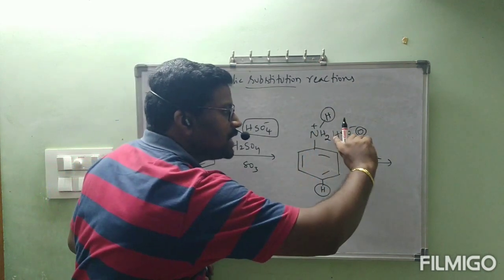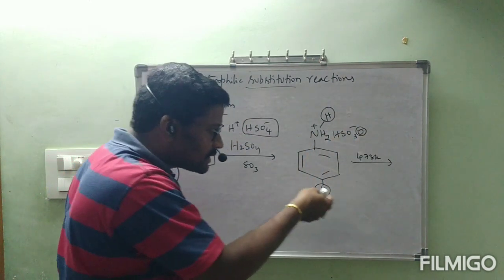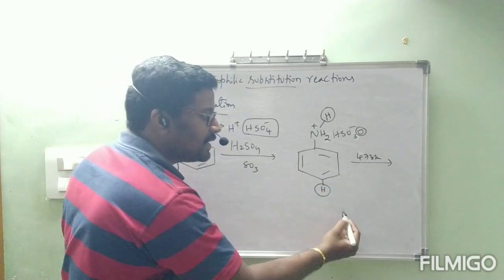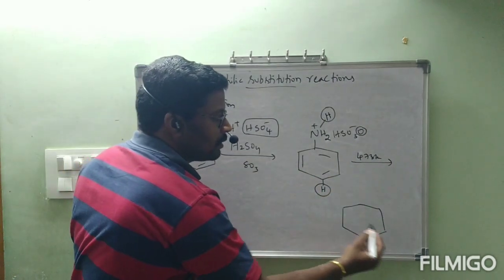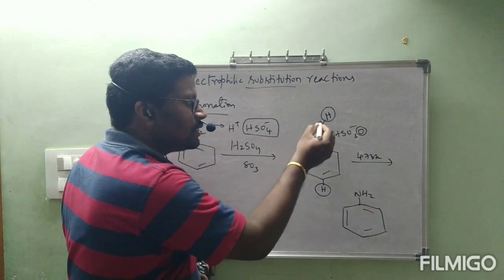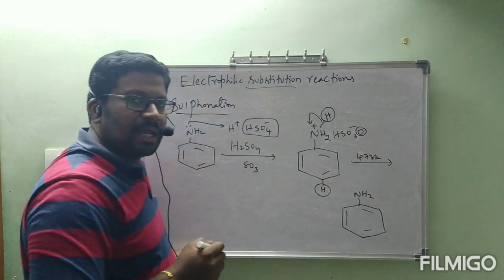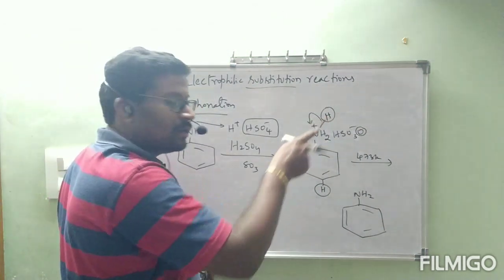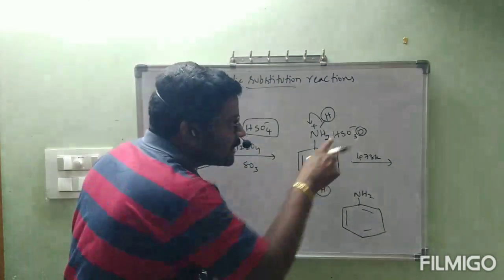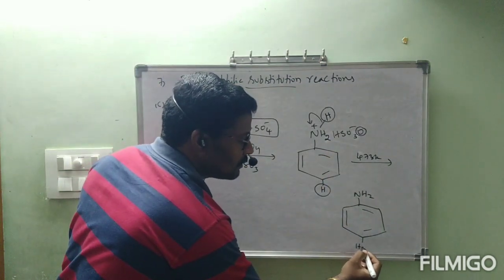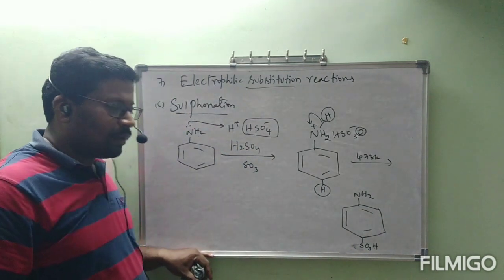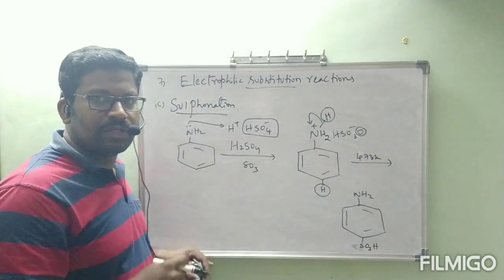Then this HSO3 group is there. This HSO3 group is coming into para position. Then we will get the final product, NH2. Why did we get NH2 here? This bond is already shifted towards N plus as a lone pair, so we will get H plus here. Here 1 H and this 1 O are totally removed as water. Then instead of this hydrogen we are getting HSO3, so we get SO3H. Into which position? Para position.